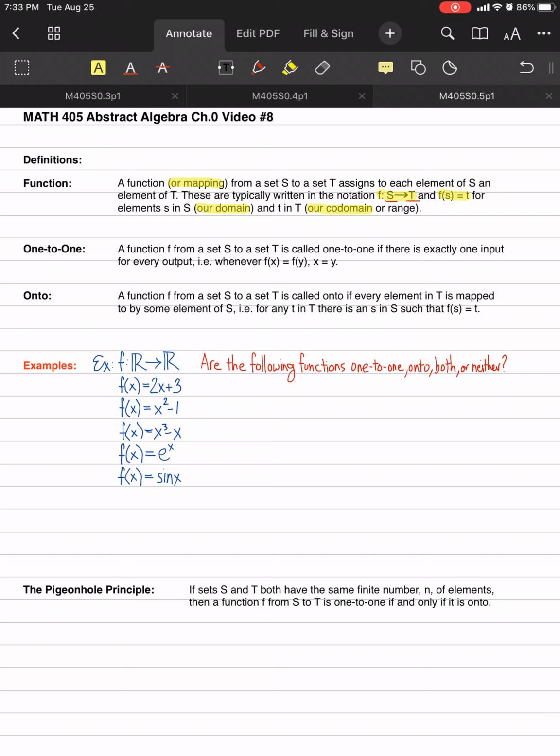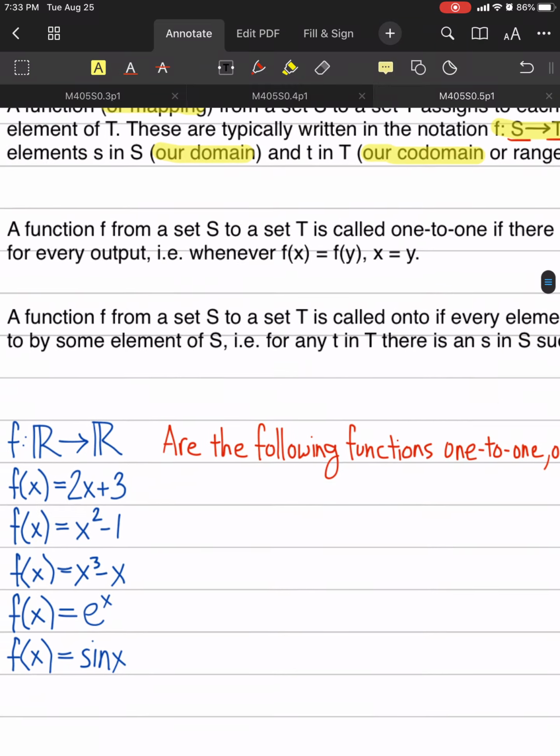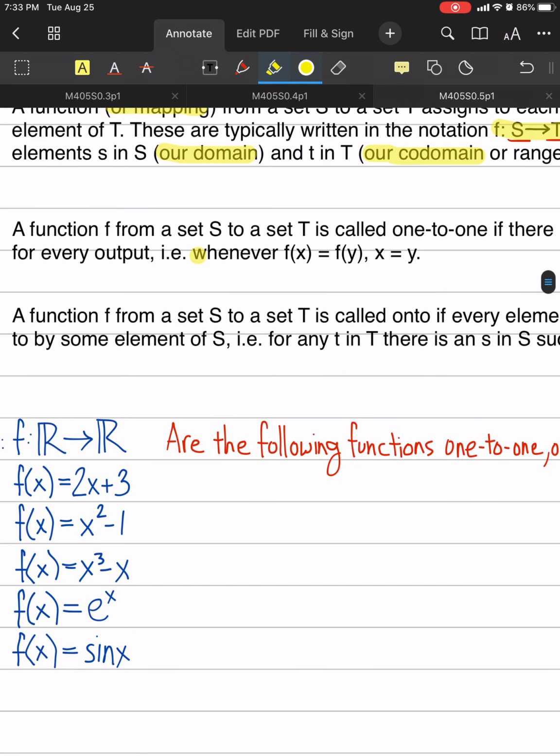Okay. Our next definition is what we mean by a function being one-to-one. Now, this is also something you will have seen in pre-calculus and calculus, where we talk about a function being one-to-one. What that means is there's exactly one input for every output. In other words, if I have an output, only one thing can map to it. I can't have multiple things mapped to the same output. That's what we mean by one-to-one. This second part here that I've written, whenever f of x equals f of y, x equals y,